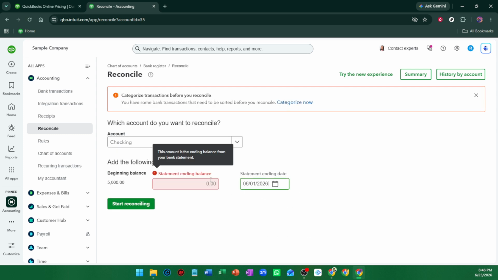Once everything looks correct, click Start Reconciling. QuickBooks will then display a list of transactions for that account. Your next task is to go through the list and check off each transaction in QuickBooks that matches a transaction on your bank statement. Work methodically and compare amounts, dates, and transaction types so you don't accidentally mark the wrong